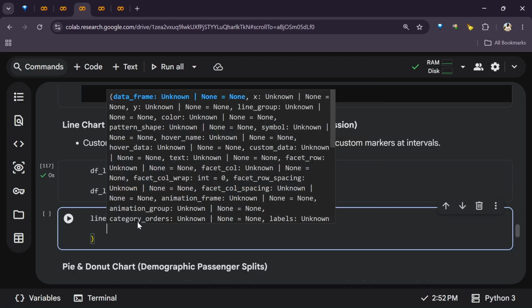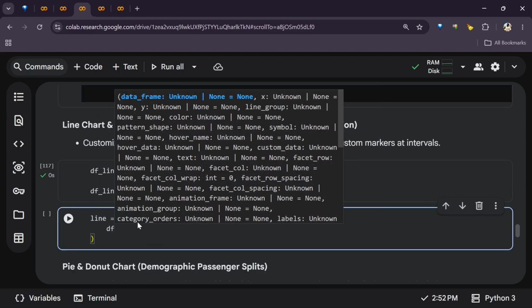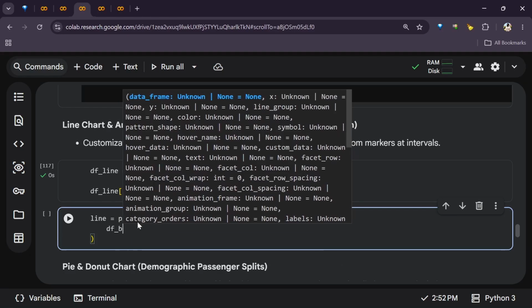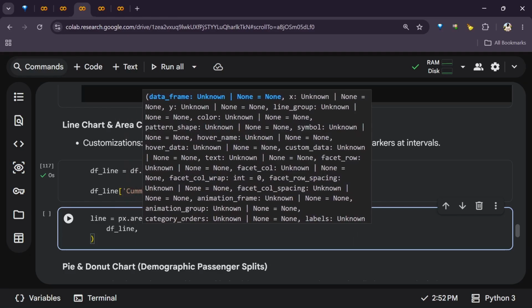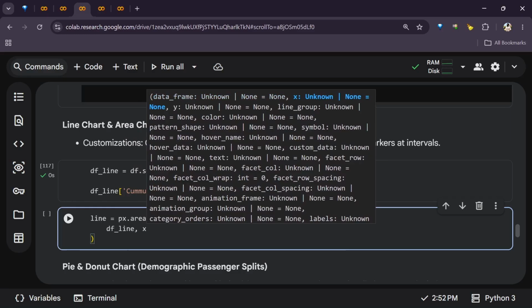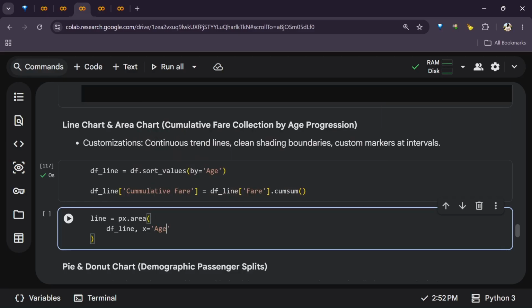Then we'll open this, we'll pass in df line, we'll pass in x as age, we'll pass in y as cumulative fare,